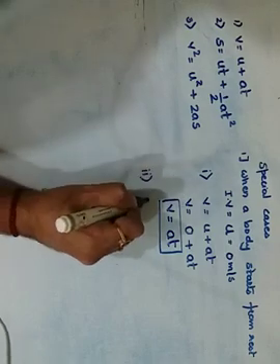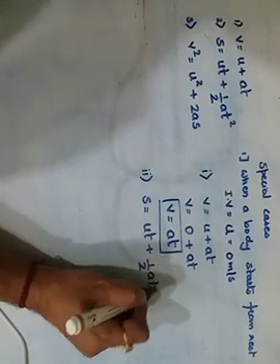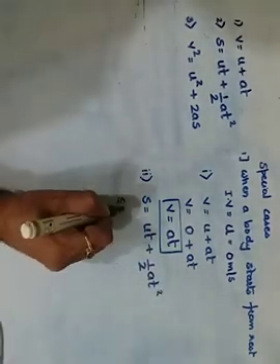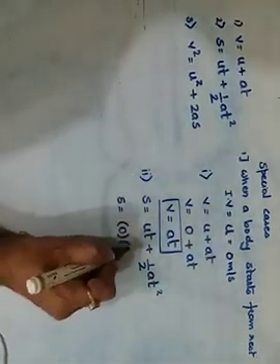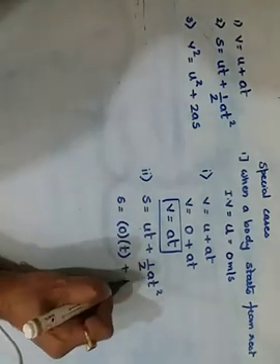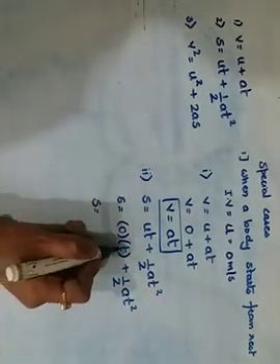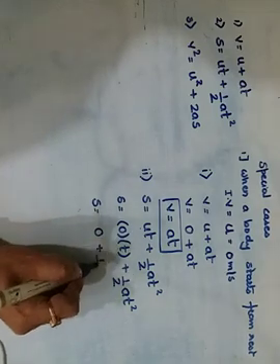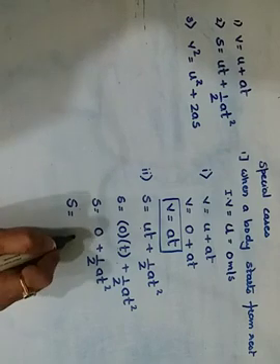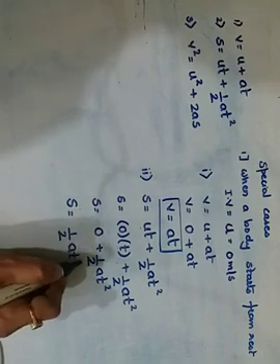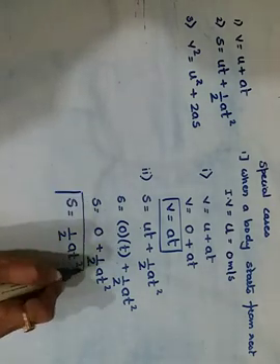Sir, the second equation was s is equals to ut plus half a t square. Again, s is equals to ut plus half a t square, where the value of u is 0. If u is 0, whatever the value of t, a and t square stay as they are. s is equals to 0 into anything, which is 0, plus half a t square. That means we don't write the 0, only half a t square. Getting it? Simpler. So the formula became shorter because u is 0.